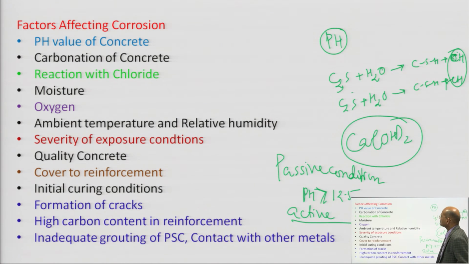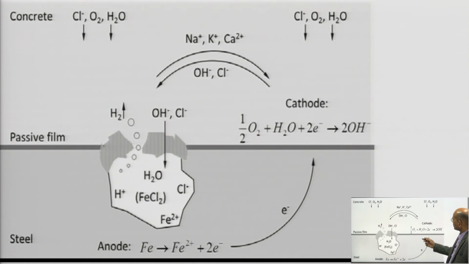Similarly, we have discussed pH value, carbonation, and reaction with chloride, that is also very, very important, because if you see this phenomenon of chloride, how it is going to react with the chloride. This is the chemical and electrochemical condition that has been shown here. This will create a galvanic cell, and this will break the passive film, and you have a very concentrated type of